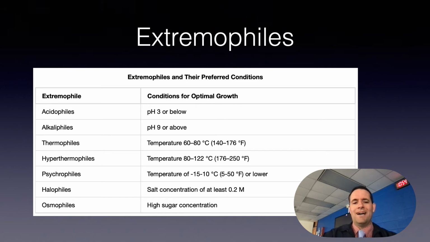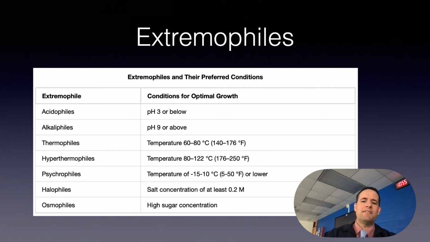Extremophiles have been found in all kinds of environments: the depths of the oceans, hot springs, the Arctic and the Antarctic, in very dry places, deep inside the earth, in harsh chemical environments, and in high radiation environments, just to mention a few. Because they have specialized adaptations that allow them to live in extreme conditions, many extremophiles cannot survive in moderate environments. So something that can survive in boiling water in a hot spring in Yellowstone cannot survive in your bottled water, which is at room temperature. So I find that amazing.